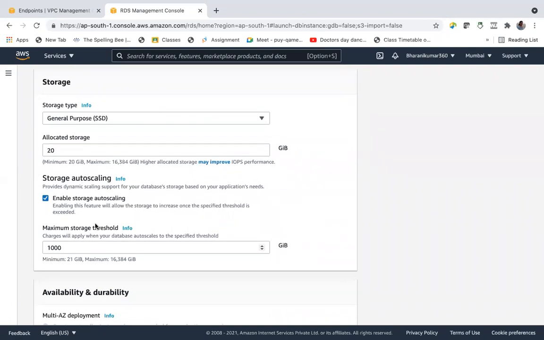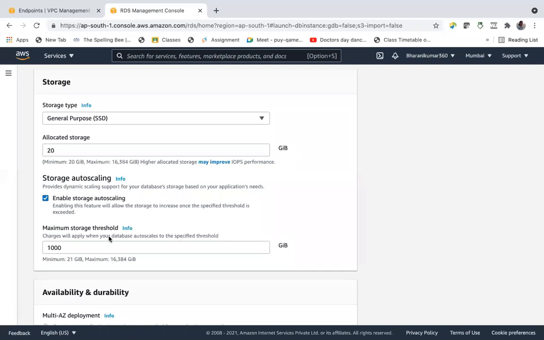And storage auto scaling: enable storage auto scaling. Here we are setting a specified limit. If it exceeds the threshold of 1000 GB, then it automatically adds more storage for the database instances.